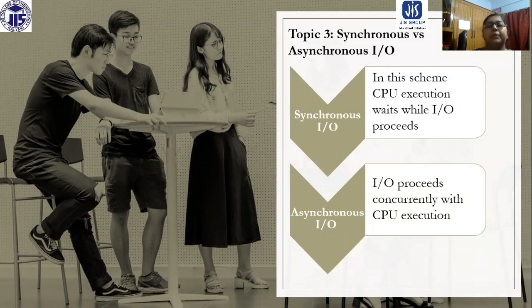When the input output completion is over, then with the output of that particular input output, the CPU execution is going to continue. But if we are talking about asynchronous input output, it is possible that along with the input output operation, the CPU execution can also be done in parallel. So in case of synchronous, the CPU execution is going to be blocked until the IO operation is performed. But when we are talking about asynchronous IO, the CPU execution can execute in parallel.